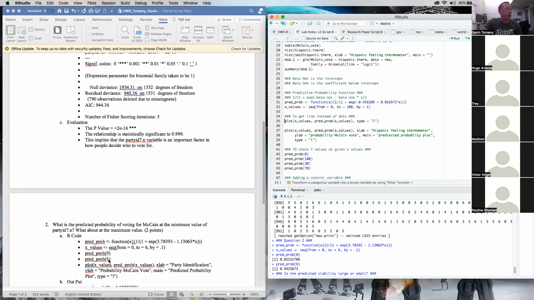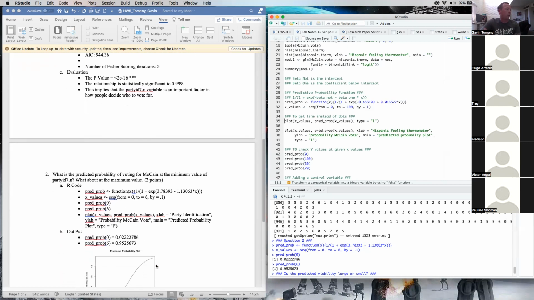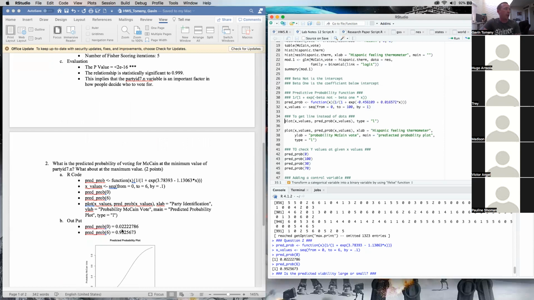So predictive probability of x equals 0 and predictive probability of x equals 6. So when we run those, we get for 0 a 0.022222786, and then a predictive probability of 6 is